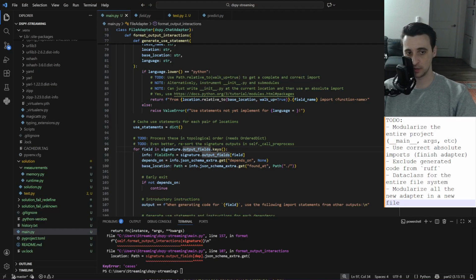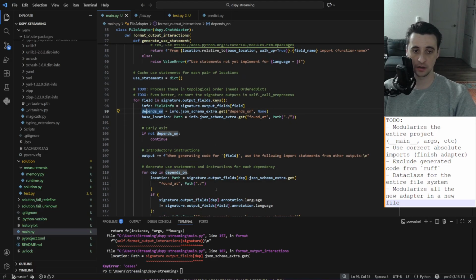Now, careful here because we hard coded. So this is correct. We only want to generate the statements for the output fields. Depends on, info is fine. Depends on. Here it is. So for each dependency,